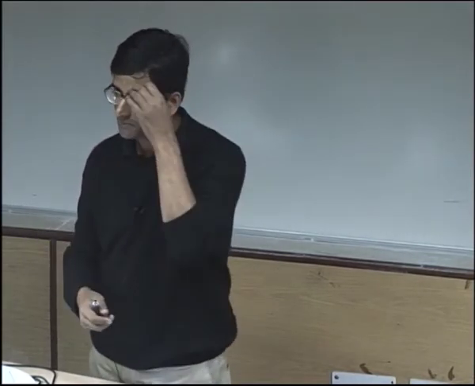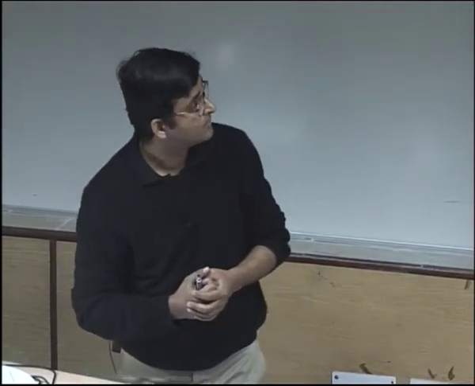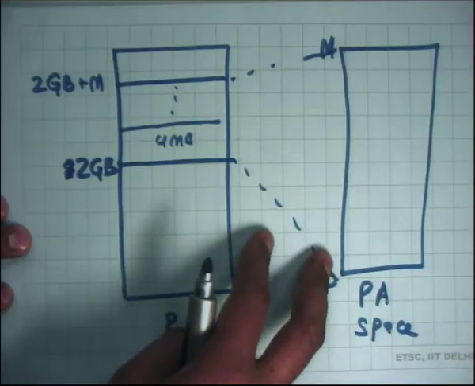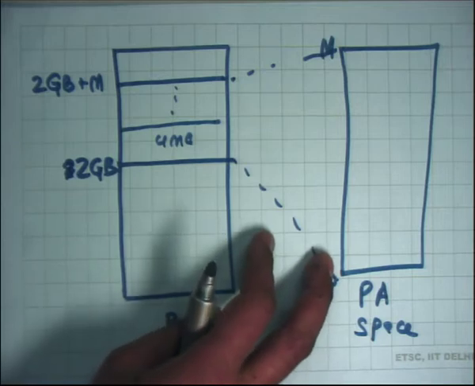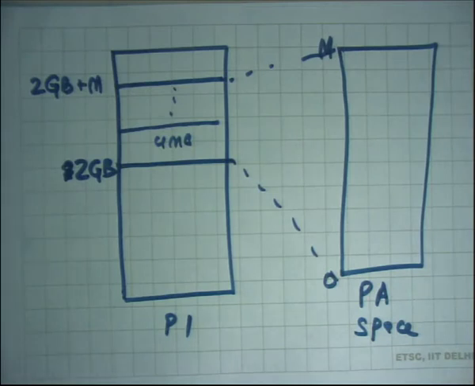Question: since that space is going to be constant, why not directly map it? Why use any sort of paging mechanism? You know, it would be great if the hardware could provide a mechanism saying, map the entire space here. But the hardware doesn't do that. Once you have enabled paging, you have to go through the page table.